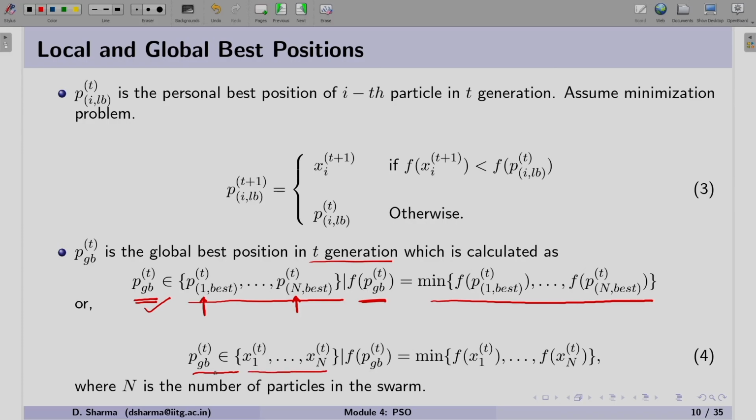Since the global best of the swarm is one of the column vectors, we find it based on the minimum fitness of the particle, or the local best of the particle. Here, since we are using capital L as the number of particles, you can see that all the local bests of the particles are included to find the global best of the swarm.